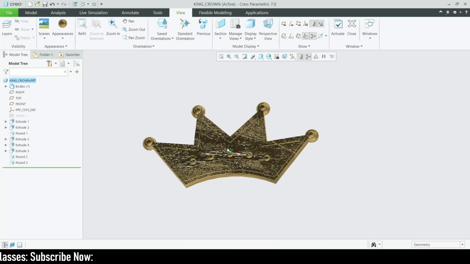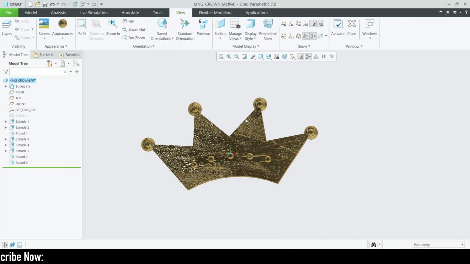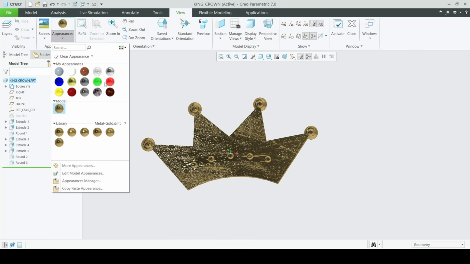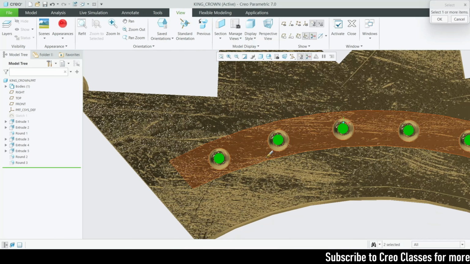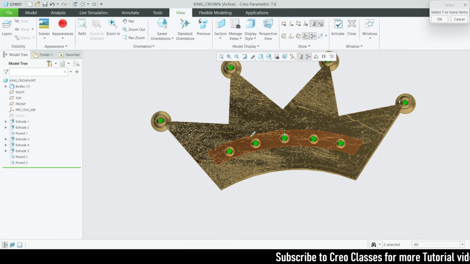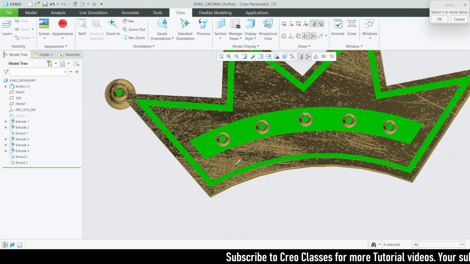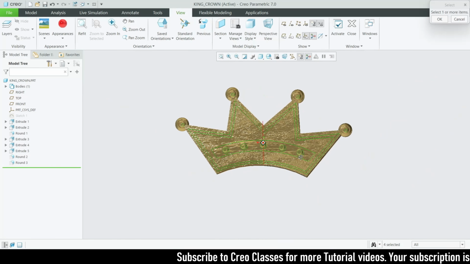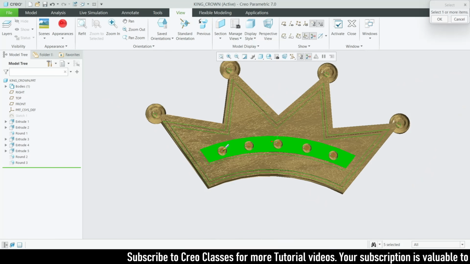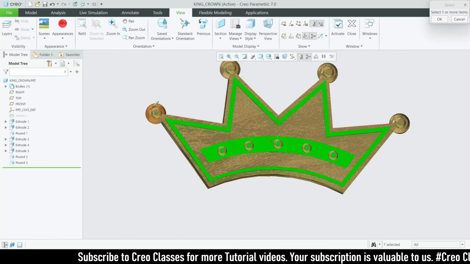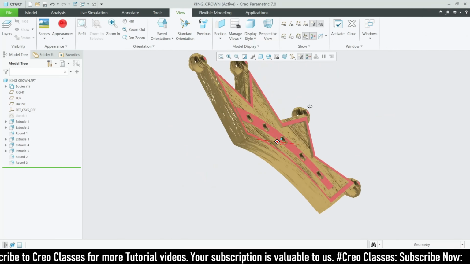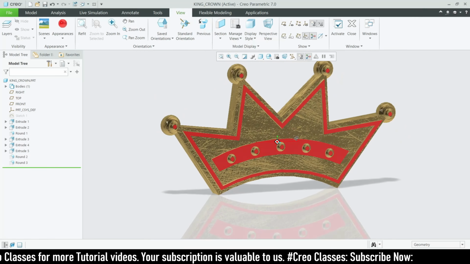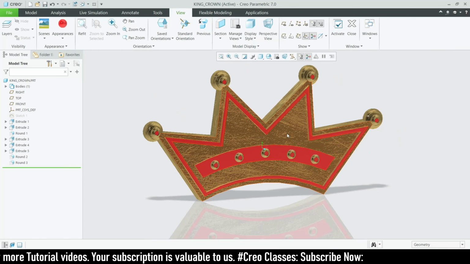So the next thing is we have to use some separate coloring for these stripes that we have created. So the normal red color for this and for this and for this and for this. So the same should be on the back side. Okay, now it looks like